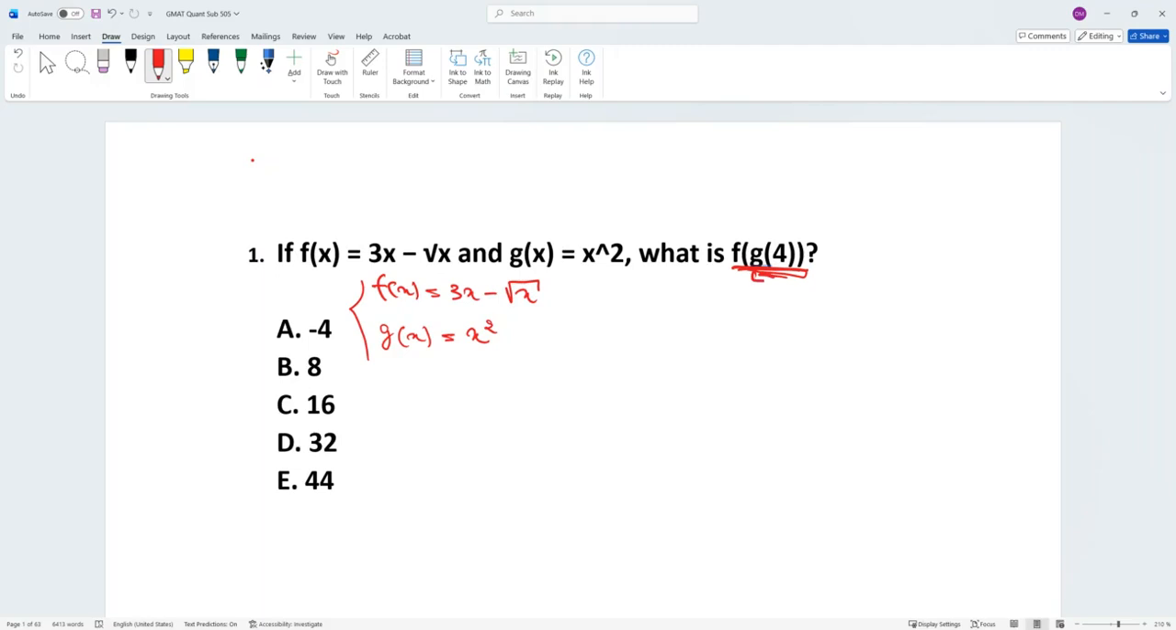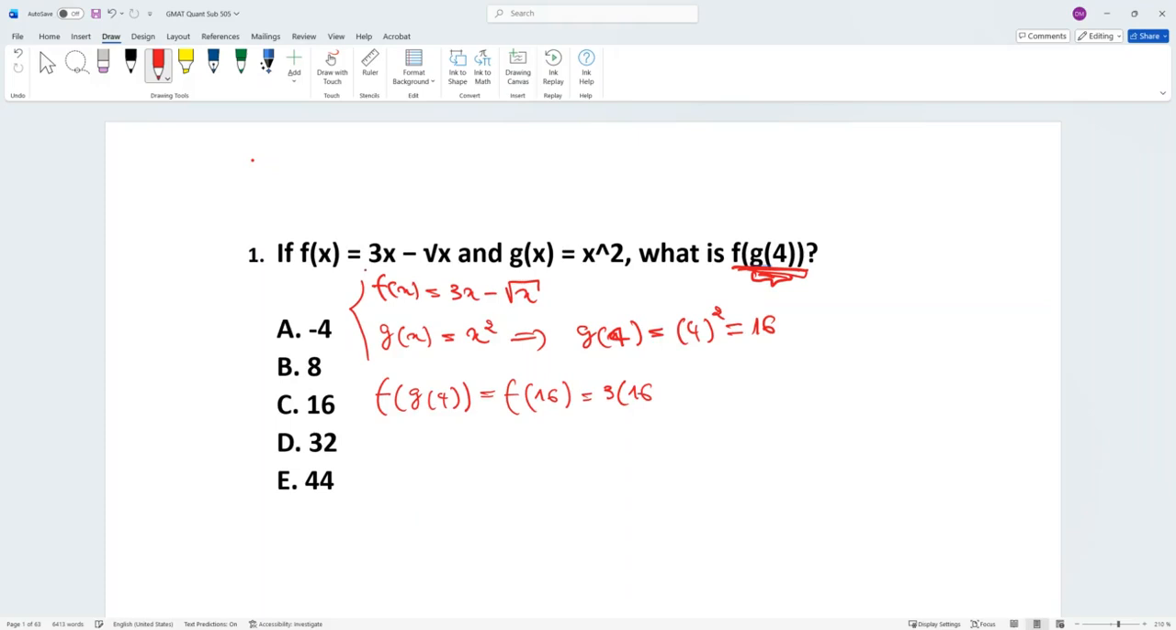So we are going to start by finding g of 4. So here we can say g of 4 is now going to be equal to 4 to the power 2, which is equal to 16. And all we are going to do is to change g of 4 here by 16. So f of g of 4 is simply going to be equal to f of 16, which is going to give us